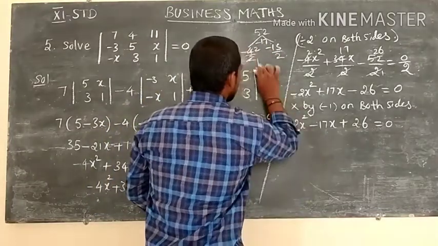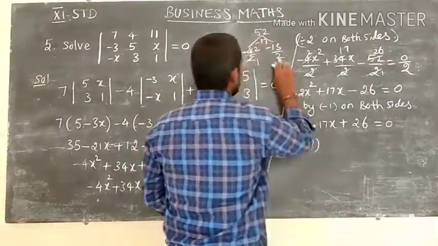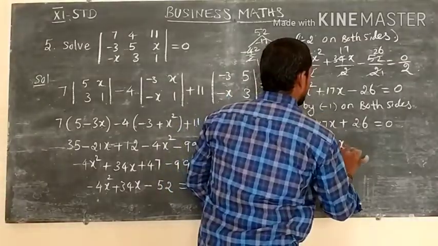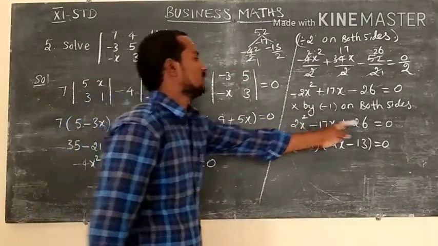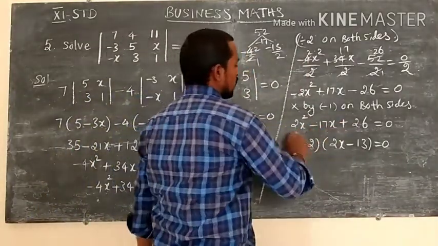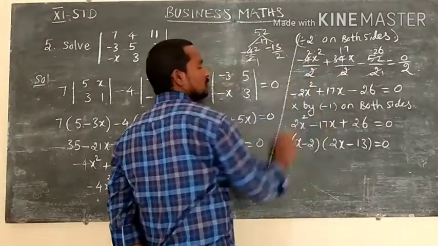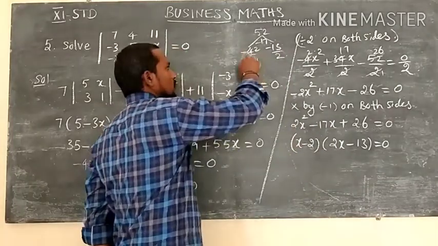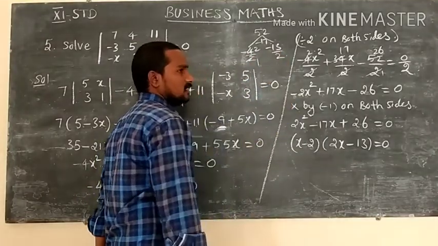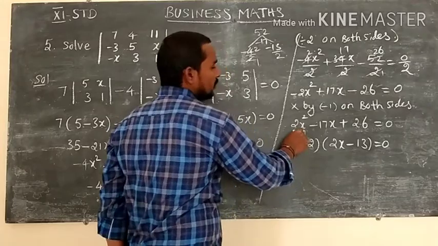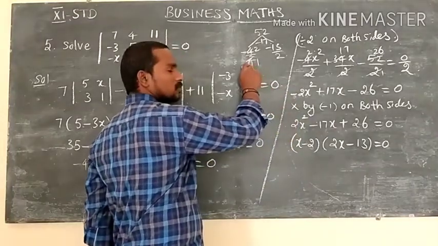So this can be written as (x minus 2)(2x minus 13) equal to 0. So, the factorization method: first multiply the coefficient of x squared with the constant and write the middle term minus 17. Select the numbers by trial; we get minus 4 and minus 13 as the answer. Then also divide by the coefficient of x squared value. We get the factors.